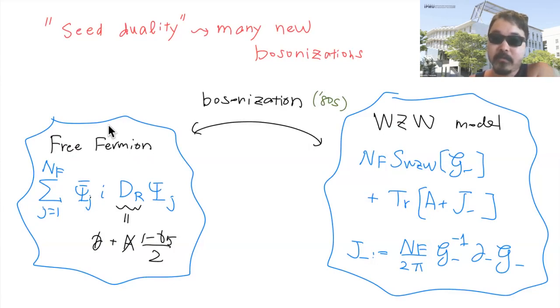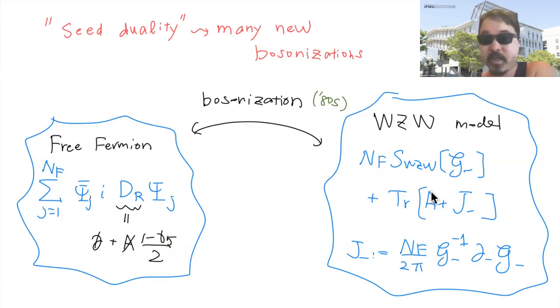Well, one of the C dualities we can use is the duality between free fermions and the Wess-Zumino-Witten model. Here it's a free fermion, no interactions, and it just couples to the background gauge field. Assume that the background gauge field has components only in the chiral direction, but not in the anti-chiral direction. Then there is the statement of bosonization that this is mapped into the Wess-Zumino-Witten model. Here's the Wess-Zumino-Witten term, and there's a current, and there is a coupling of the current to the background gauge field, which you regard as one of the components of the 4-dimensional gauge field.